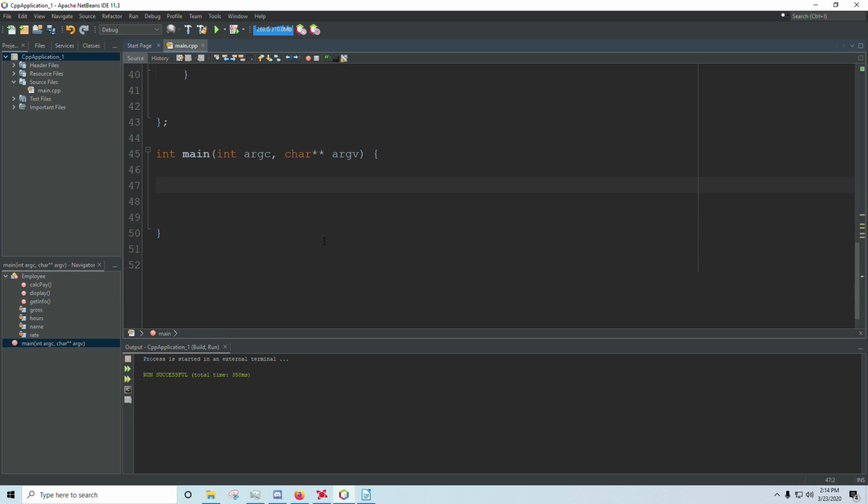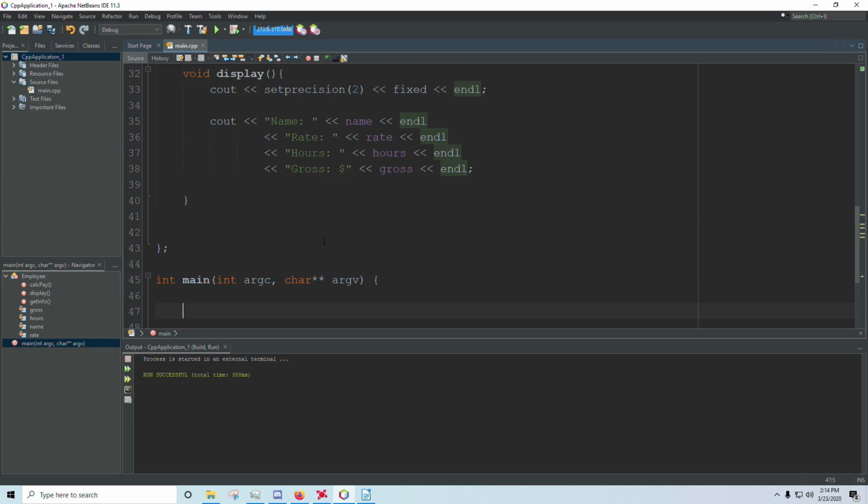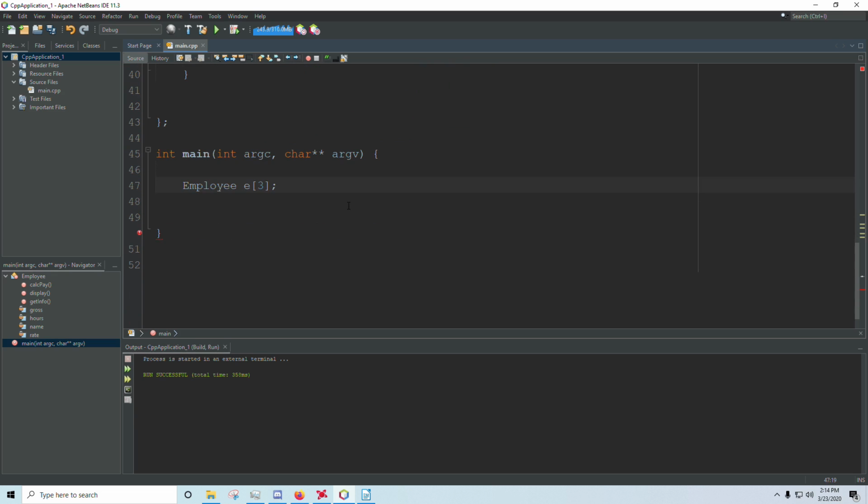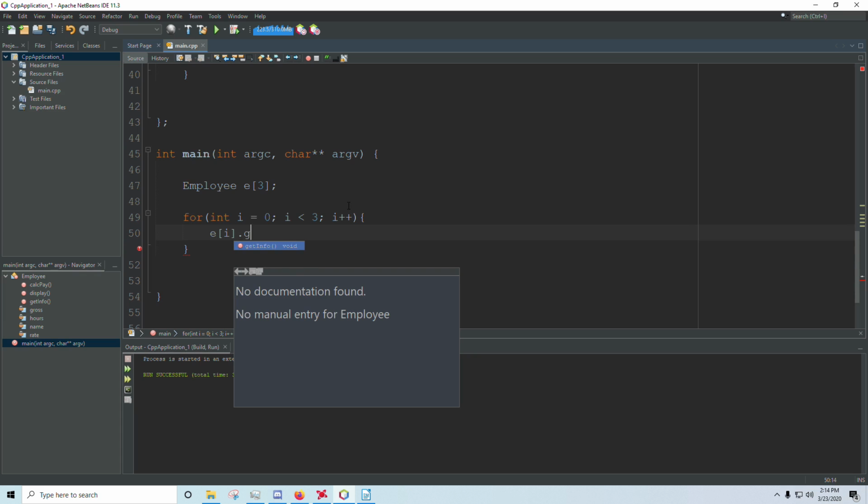See how this works? So if I'm going to use an array, I'm going to type the data type, which is Employee. I'm going to give my array a name. I'm just going to use E to keep it short, and let's say they have 3 employees. And I'm going to process this array using a for loop. So i equals 0, i less than 3, i plus plus, cout, E sub i dot getInfo,